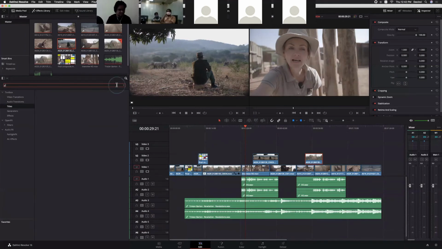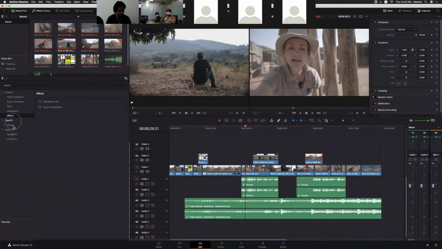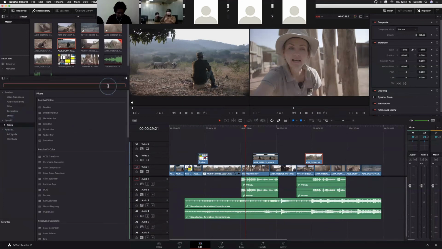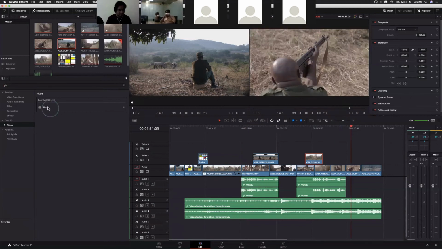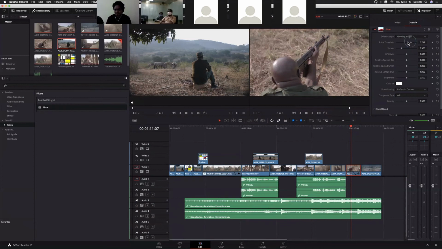No, it is not showing with the same name, but we do have, let me open FX. Yeah, it's there, the glow filter. How will it look? It is not showing anything. Yeah, okay, fine. We do have the glow filter here.